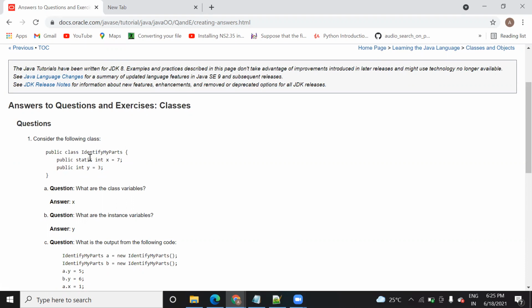So even with the help of the class name, you can call that variable. You don't need to create an object of it. That is why we say it's a class variable.